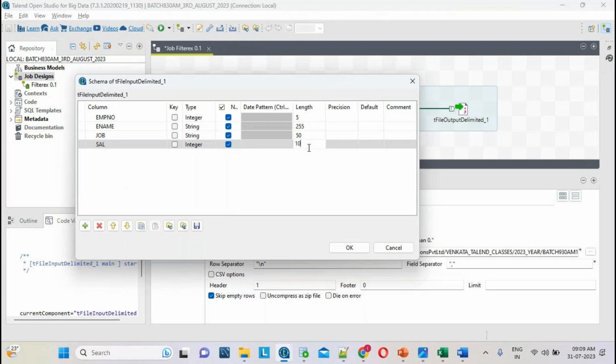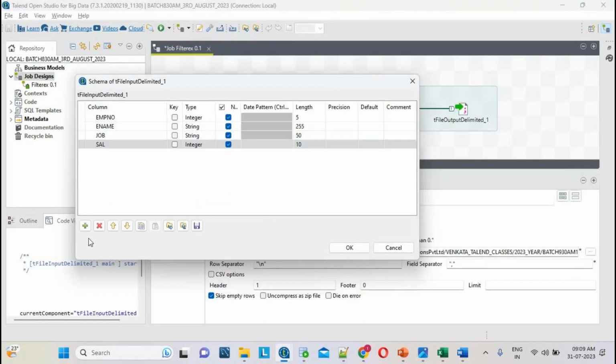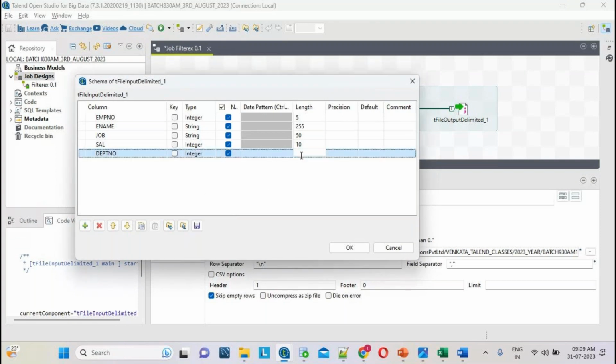Now the DEPT number. Let me add the DEPT number. As per the file, it is coming as integer values. Let me give some length, 4. So I have to add the column names, data types and lengths. Okay, let me click the